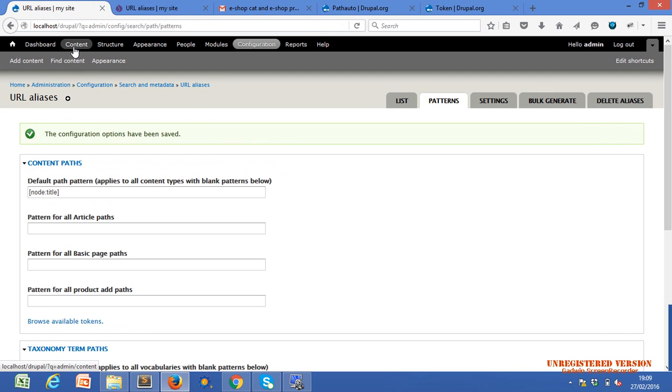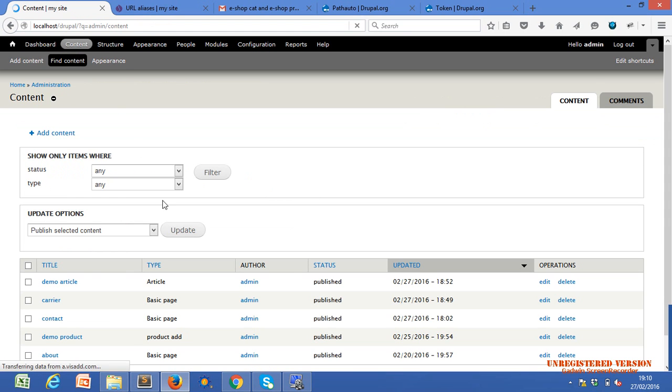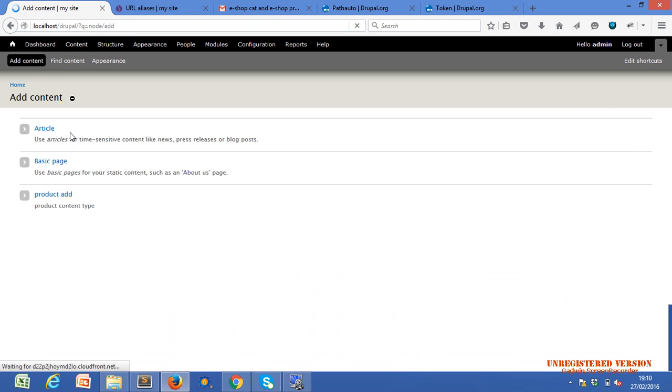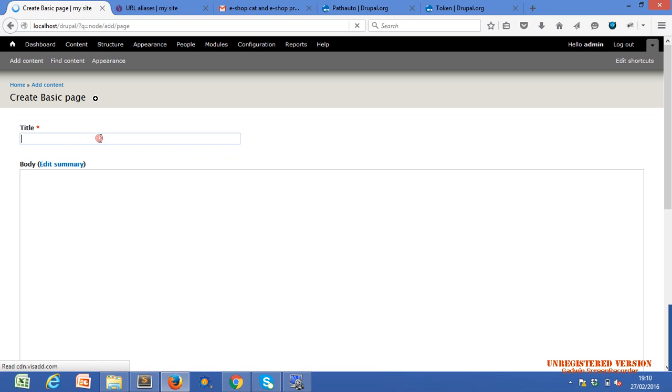Okay, one second, let me add one content. How do we add content from the content tab? Just click on add content. I just want to add a basic page, nothing else. And a title, text.